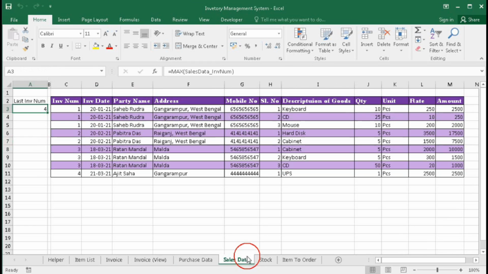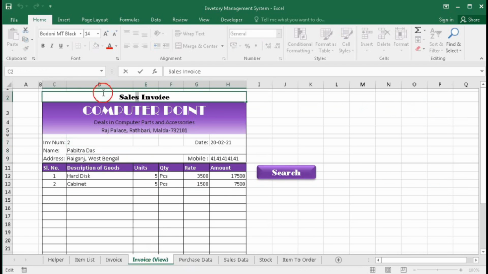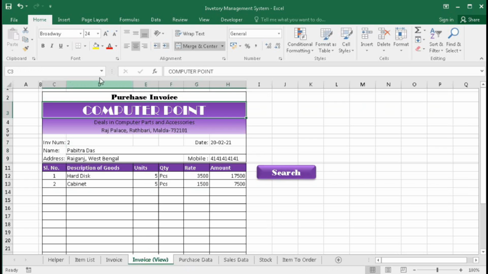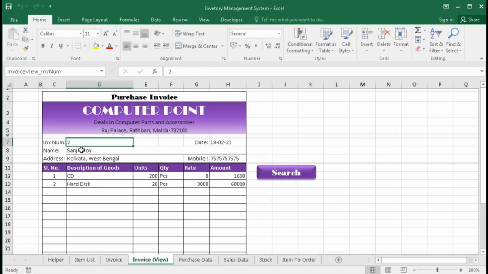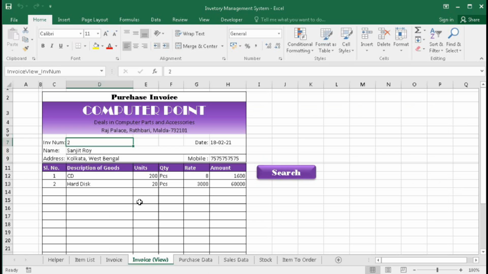You can see here Povitra Das 2 items. So in this way it will work. And if it is a purchase invoice, now click on search, you can see Sanjit Roy, purchased Sanjit Roy 2 items, you can see here it is shown.